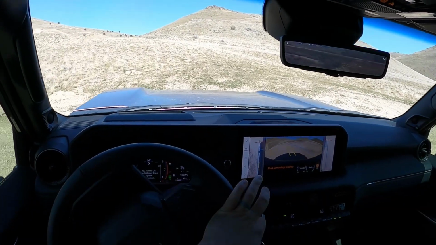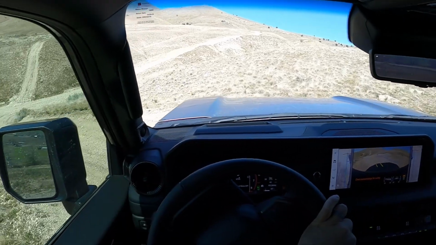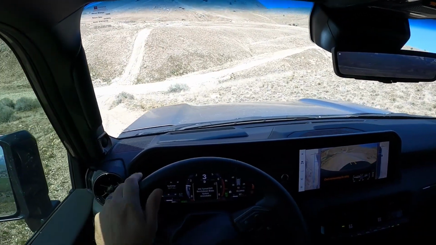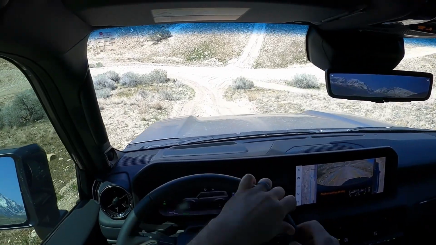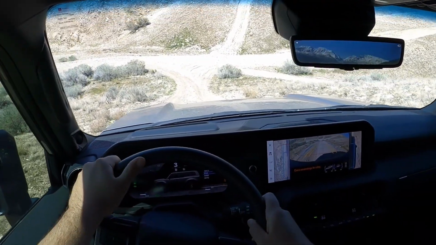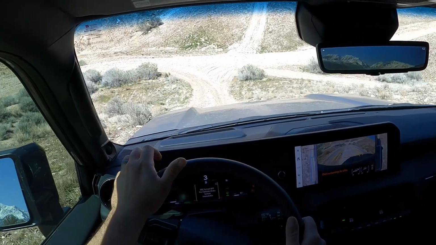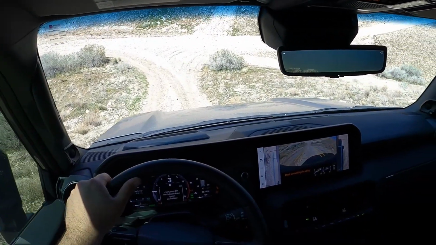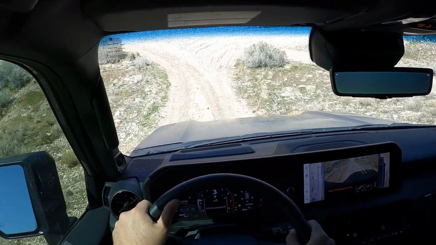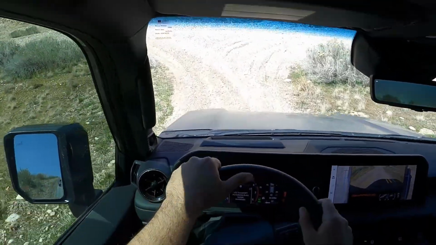That time around. So putting it in that sand mode, where it's allowing for more slip, the system's going to be intervening a little bit more when you have the crawl control activated. Now we're in mud mode